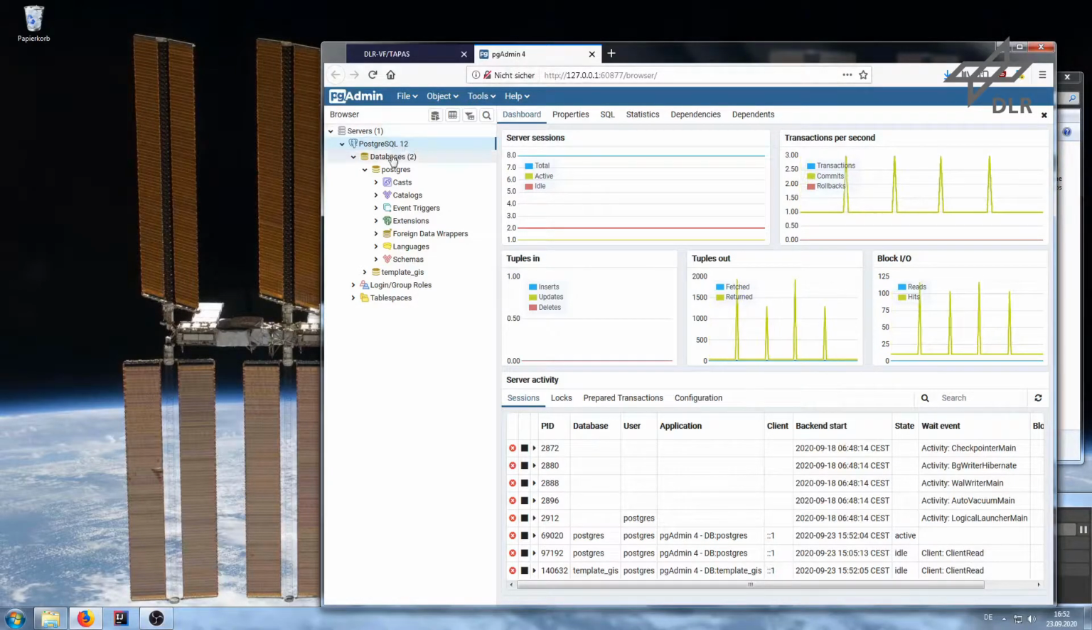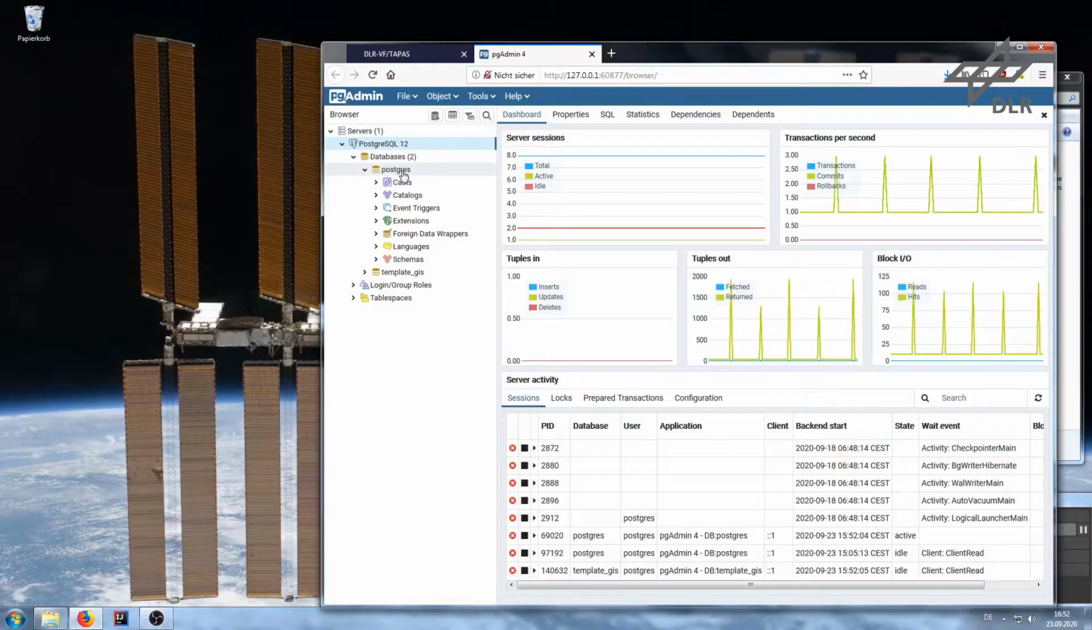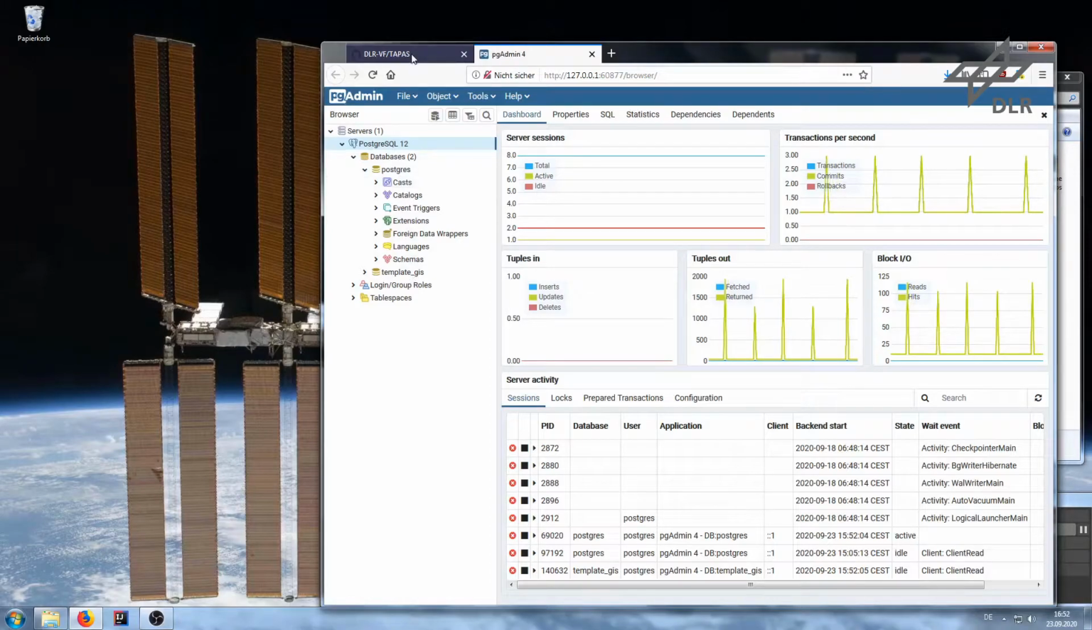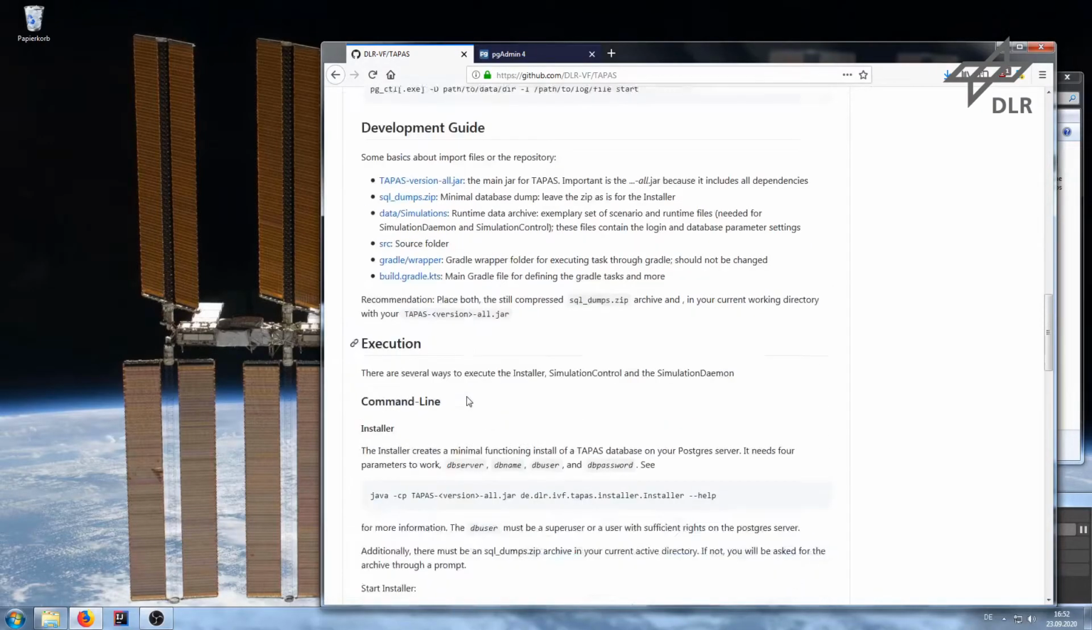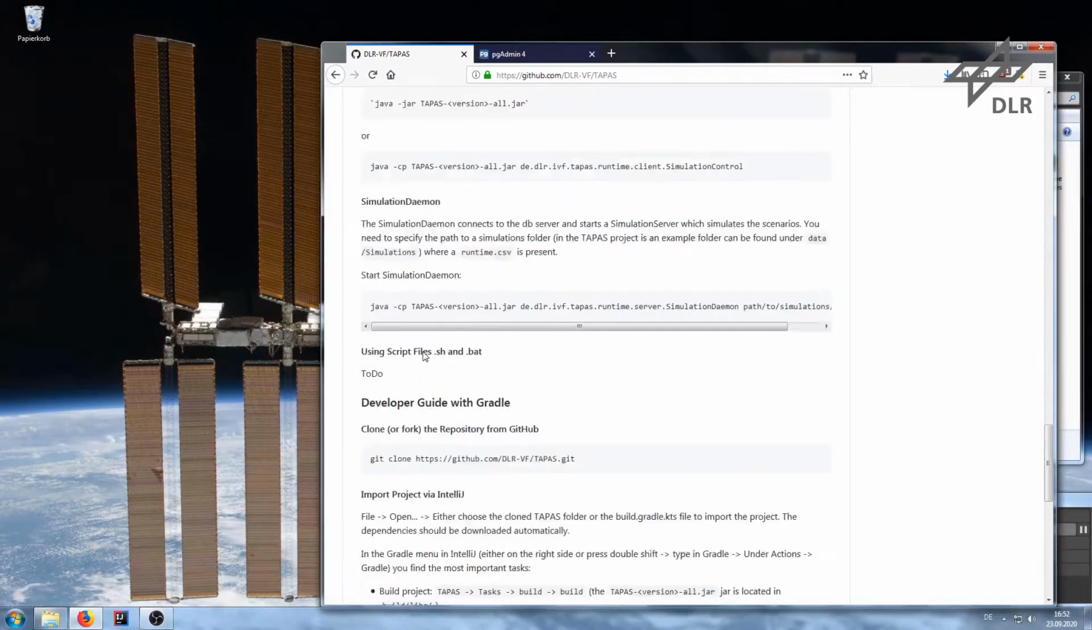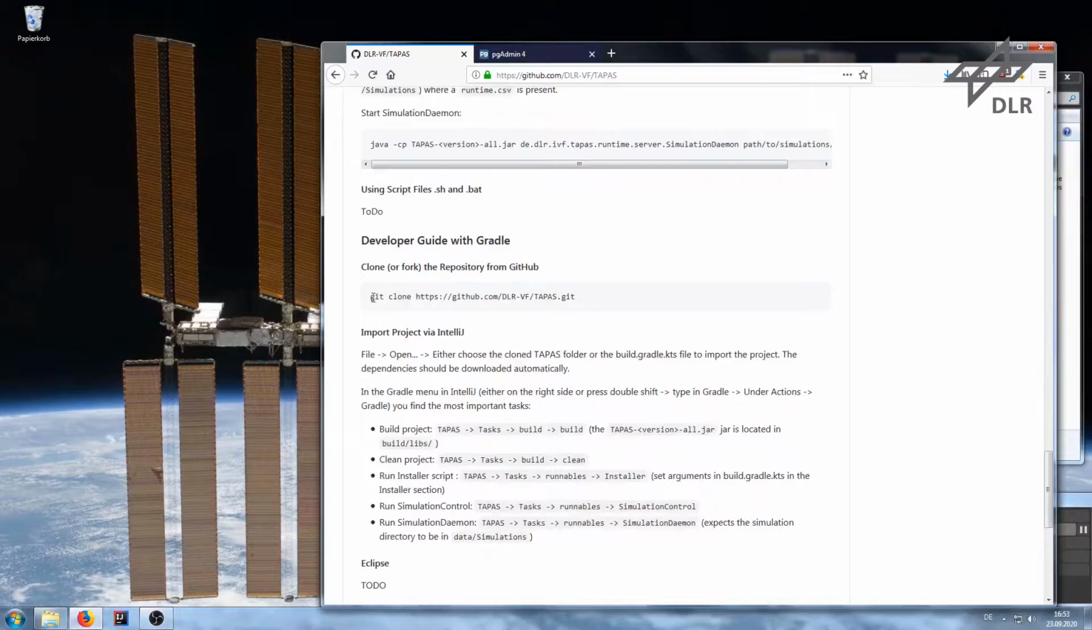So you see here we already installed an SQL server on our localhost, and it contains no database except the default Postgres database and a template GIS database, which came from the PostGIS installation tutorial, which can be found on the internet. So first thing you have to do is